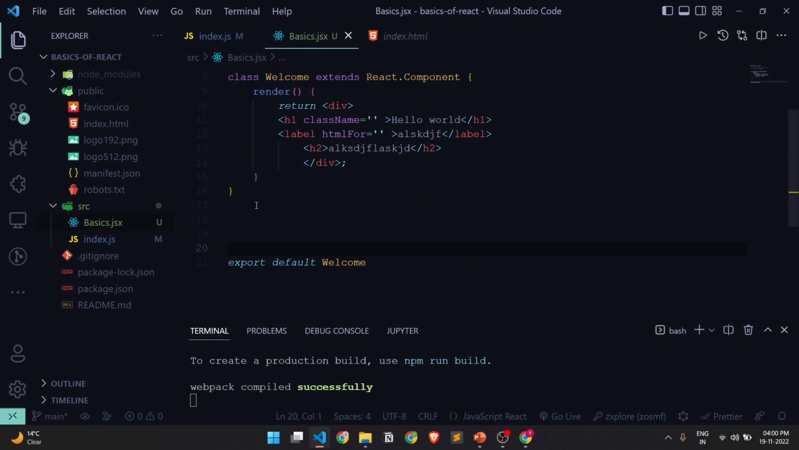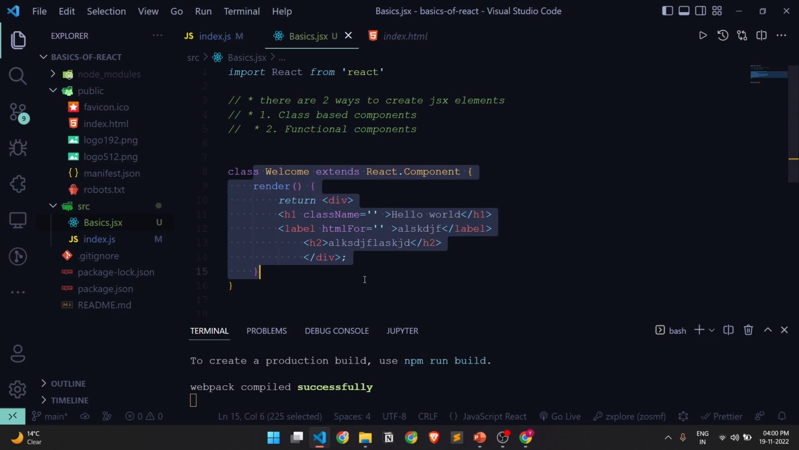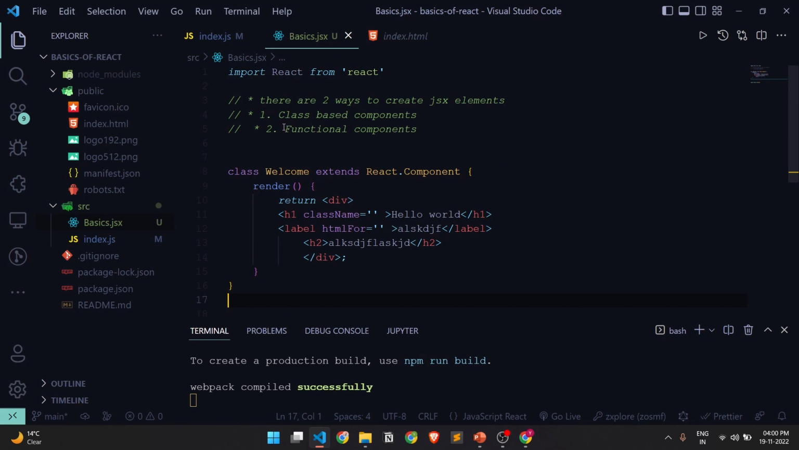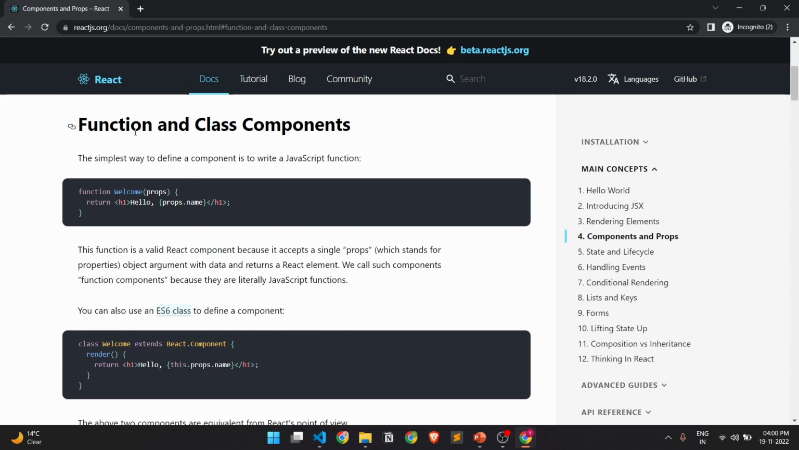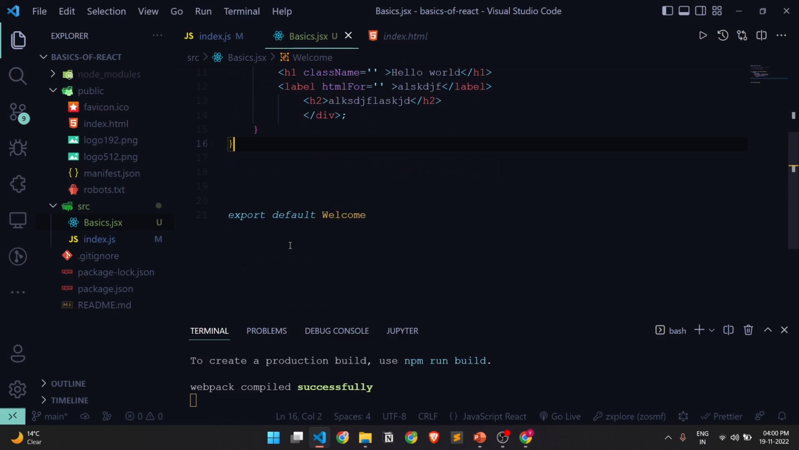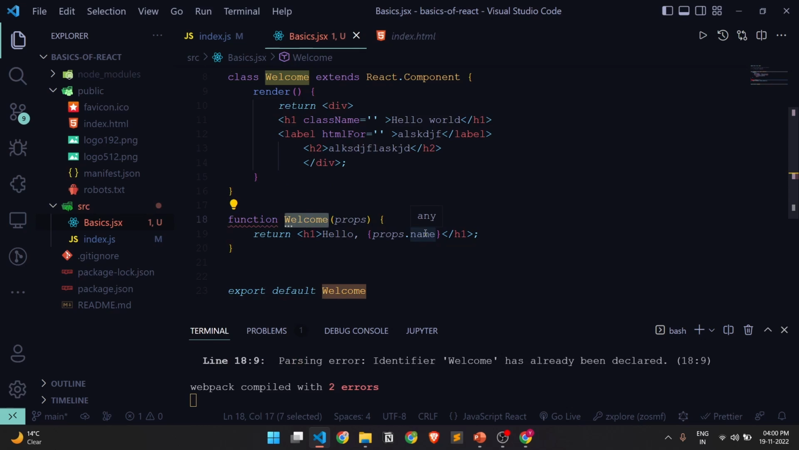Other than this, what you can do is nest components inside components, right? I already told you that there are class based components and functional components. So this was an example of class based components. Next we'll see functional components. So let's go back to, so we can see directly in the documentation itself. This is one example of creating functional components. So what you can do is directly create here. We'll change the welcome name to nested,